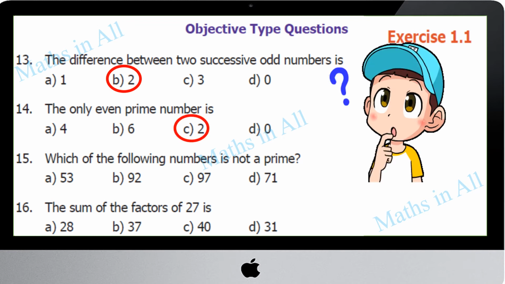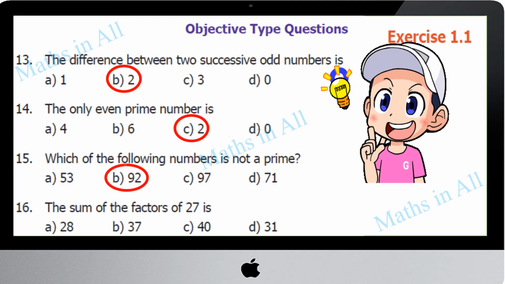15. Which of the following numbers is not a prime? So they are asking which of these is not a prime number. Maximum it comes under 92 only. Why? Yes, it ends with an even number and we can divide it by 2, isn't it? So they are asking for not prime, that is, a composite number, but not asking directly, they ask not a prime. Hope you understand. Yes. Try to read the question properly and carefully, then find the answer. So 92 is the correct answer.